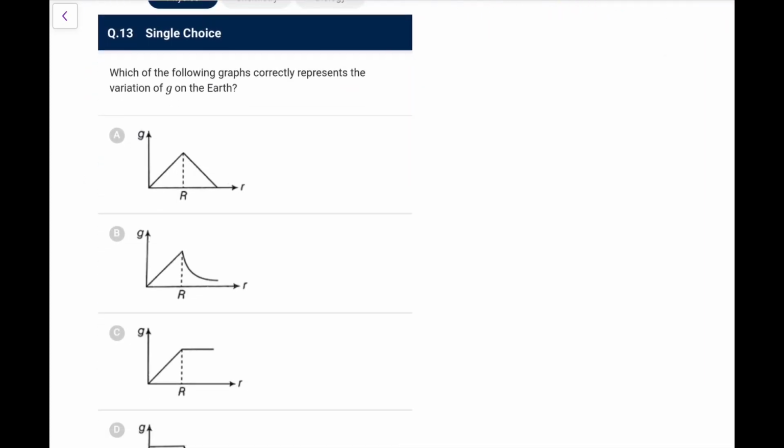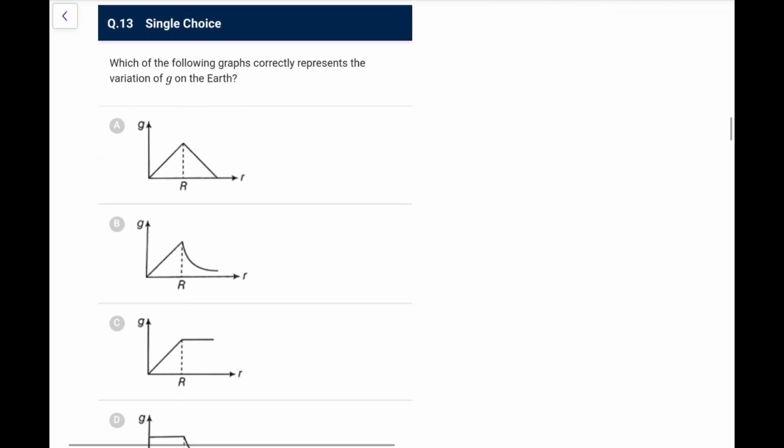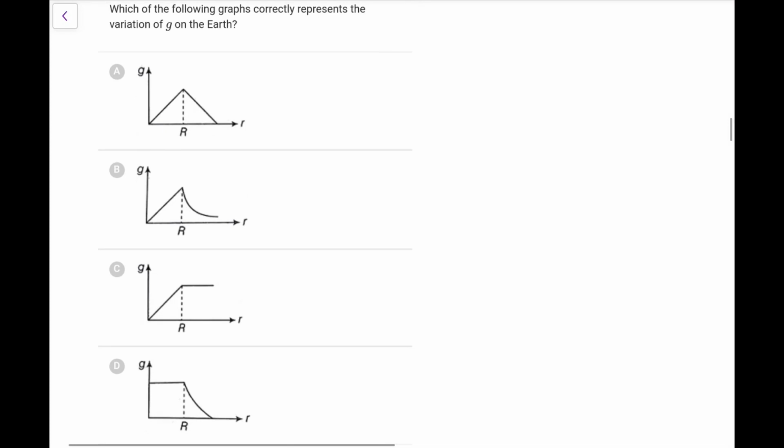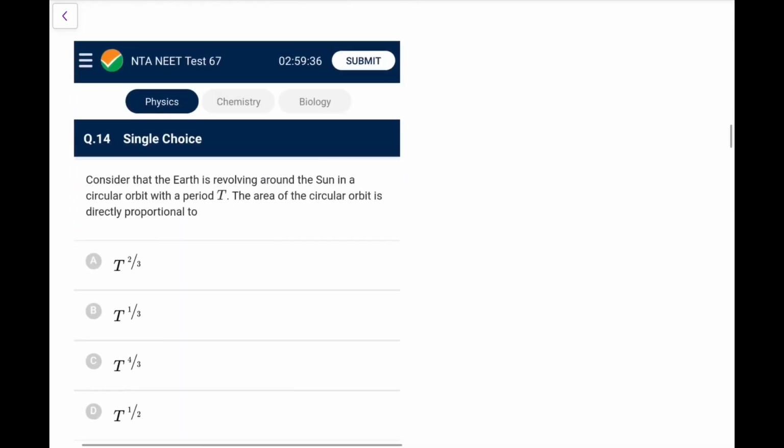Next one, which of the following graphs correctly represents the variation of g on the earth? Now this is the easiest one for you. Inside the earth it's linear, and then it is 1 by r square, so go for option B. You all know this. Next one,